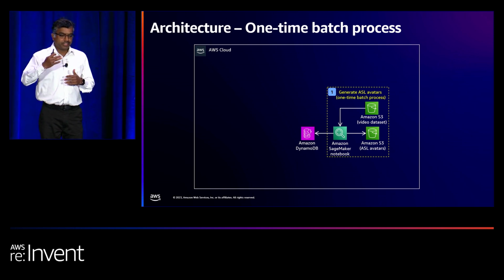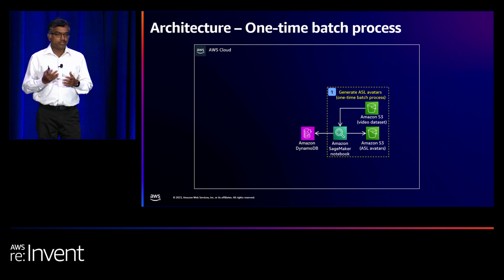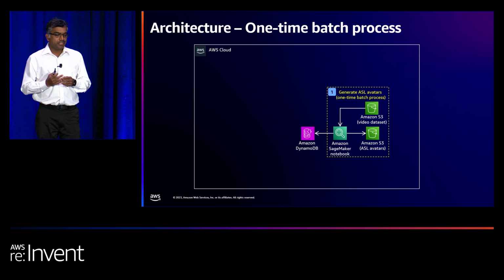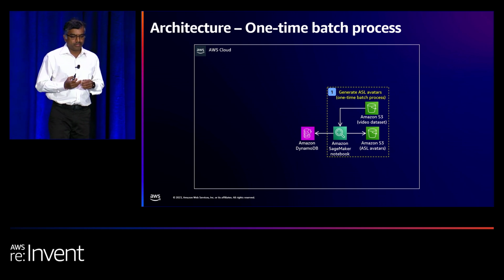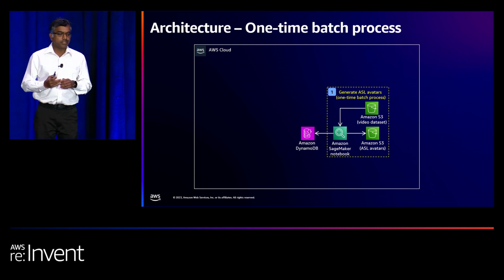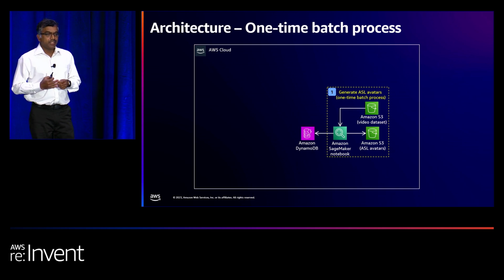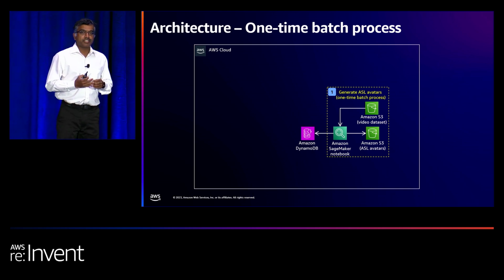It's going to take the sign video and go frame by frame. Most of the signs will be less than 2 seconds. It's a 30 frames per second video, so there will be at most 60 frames. So it's going to take the image and send that to the 2D pose algorithm. RTMPose is a 2D pose algorithm that's being run within the MMPose toolkit. That's going to create 133 key points.